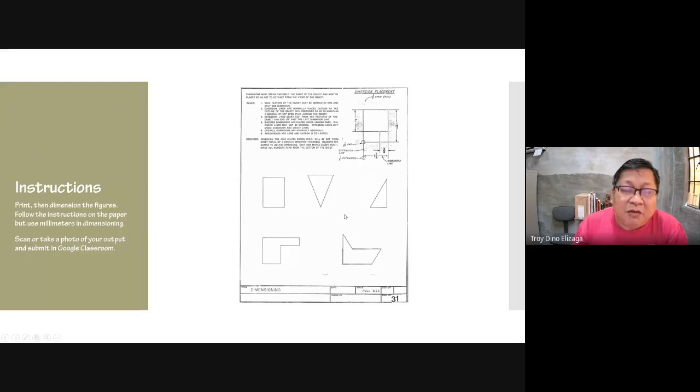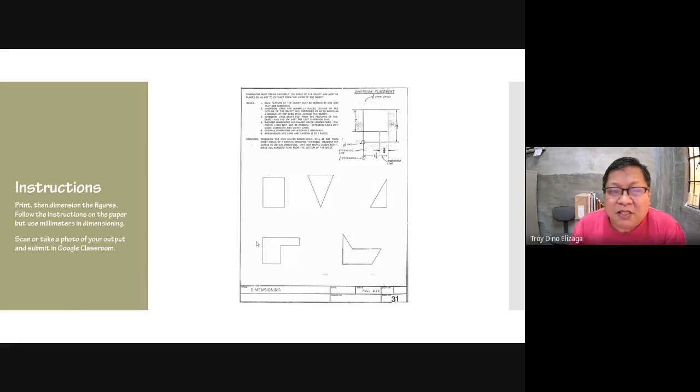Depending on how you print it, some might be bigger if they try to fit it on paper. But it doesn't matter what the actual dimension really is. If you dimension it as 10 millimeters, then you put 10 millimeters. But in another drawing, if it is bigger, at 12 millimeters, then he puts 12 millimeters.